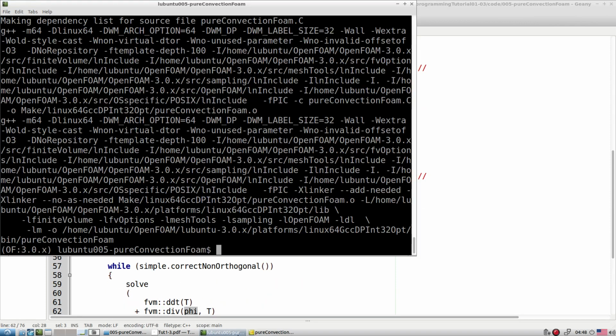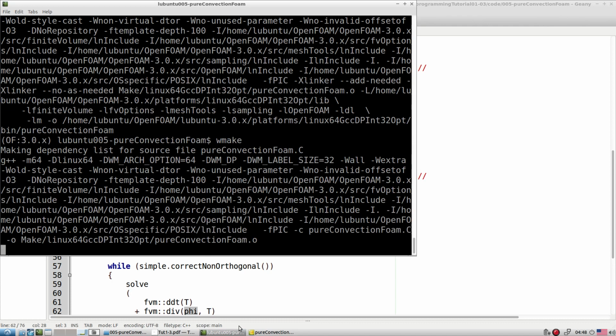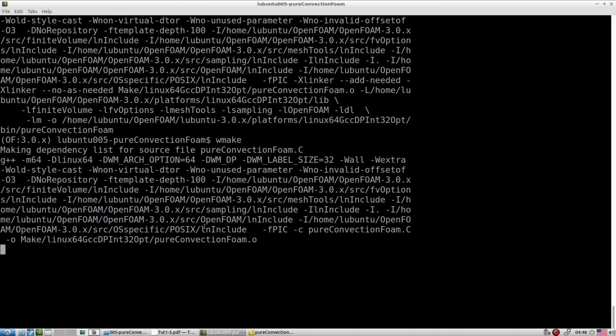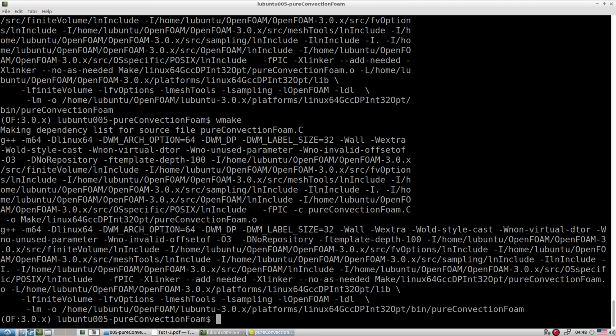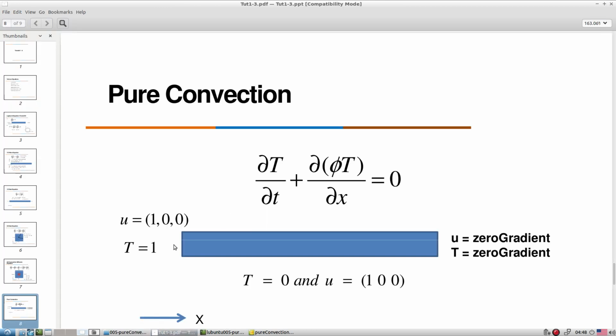Okay, so let's compile the solver and check how it looks. So it's compiled correctly. Now let's add up the test case, in a long bar, it is 1D.